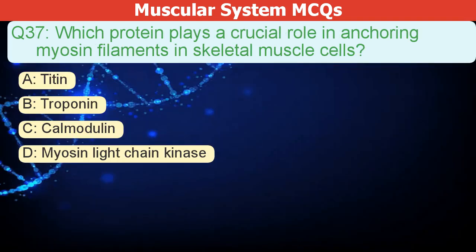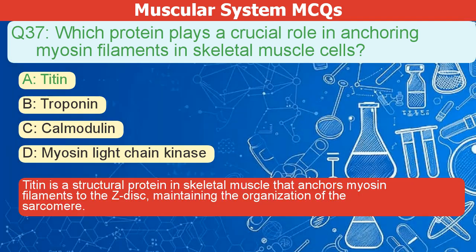Which protein plays a crucial role in anchoring myosin filaments in skeletal muscle cells? A. Titin. B. Troponin. C. Calmodulin. D. Myosin light chain kinase. The correct answer is A. Titin is a structural protein in skeletal muscle that anchors myosin filaments to the Z disc, maintaining the organization of